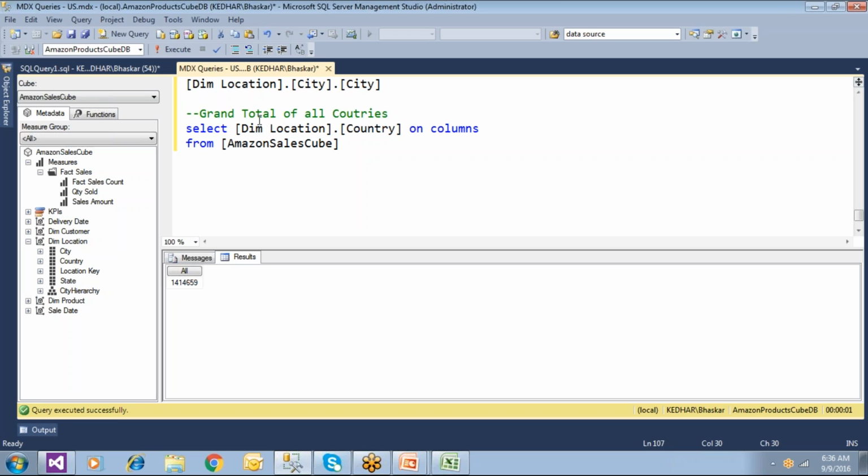If anybody needs the grand total of all countries, it is better to drag and drop this. If anybody needs not the grand total but individual countries, okay, I need country wise. I need country wise sales amount. Country wise sales amount. So what is going to happen is that it is going to